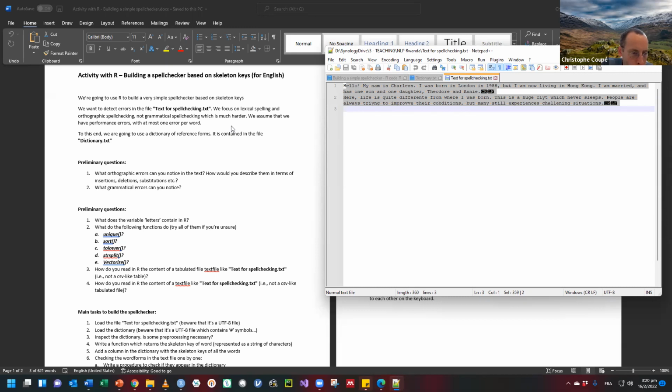First, I would like you to know there is a variable which is predefined in R, letters. What does it contain? And then there are a number of functions. Maybe you know all of them already, maybe some of them. I want you to make sure what these functions are doing using help online or using help in RStudio. And you can try them just to make sure that they have the behavior you expect. And then I want you to think and try and know, how do you read in R the content of